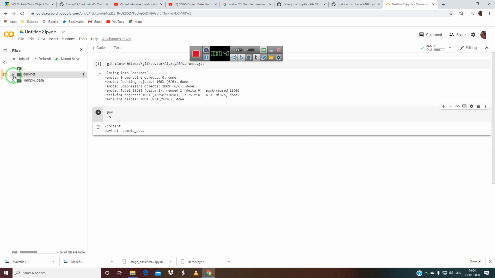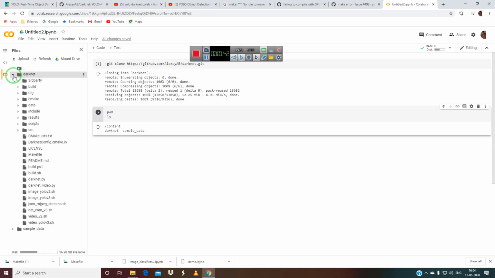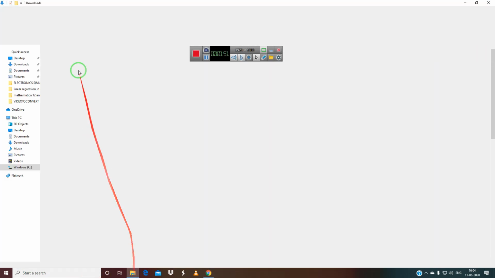So now you will have this error coming when you just download this. Delete this Makefile, and go to the downloads.